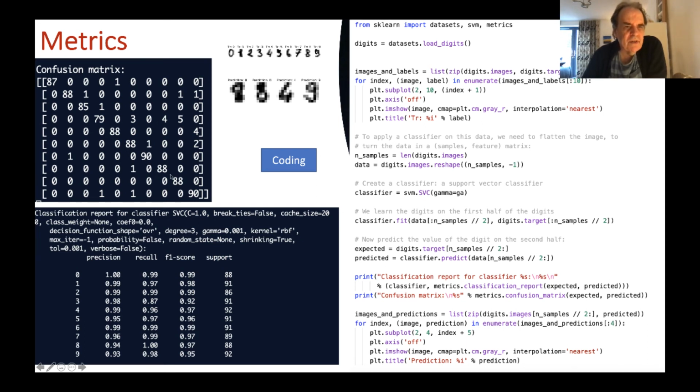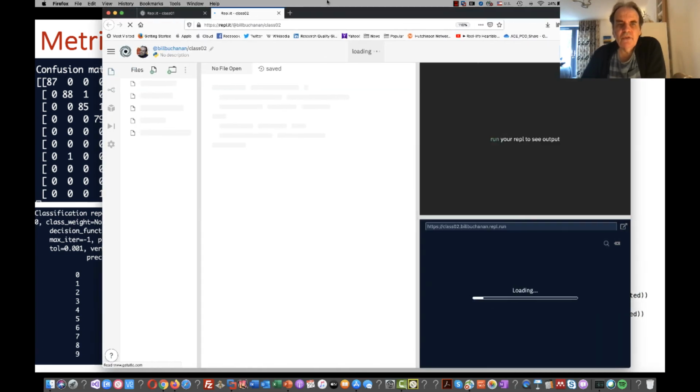If we look at the worst one of all, it's probably this one here, the 8. And the 8 is getting the worst score. In fact, a 9. And 9 is the worst score here. So for a 9, it's identified once as a 1, another time as another number in there, and then 90 times. So our precision value goes down to 0.93. Okay, so in this way we can actually see our confusion matrix and hopefully try and make some sense of it. So just quickly run this example.